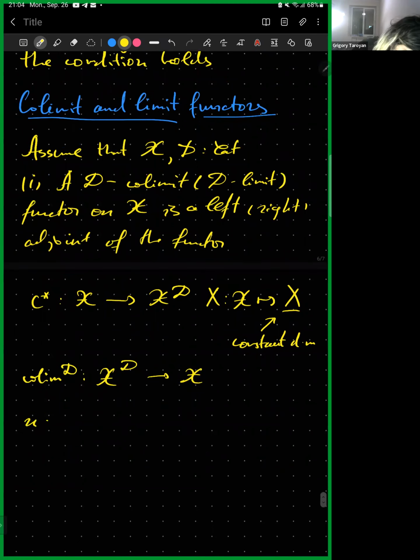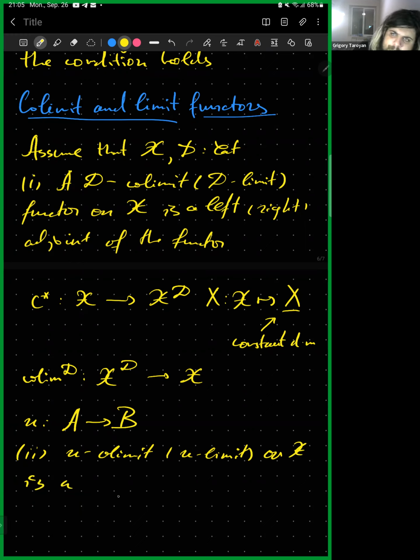Assume that we have an arbitrary functor U between two not necessarily small categories A and B, and we say that a U colimit or U limit on X is a left or right adjoint of the functor